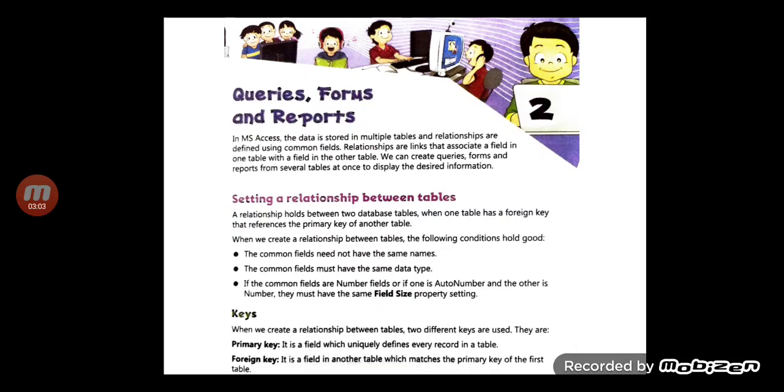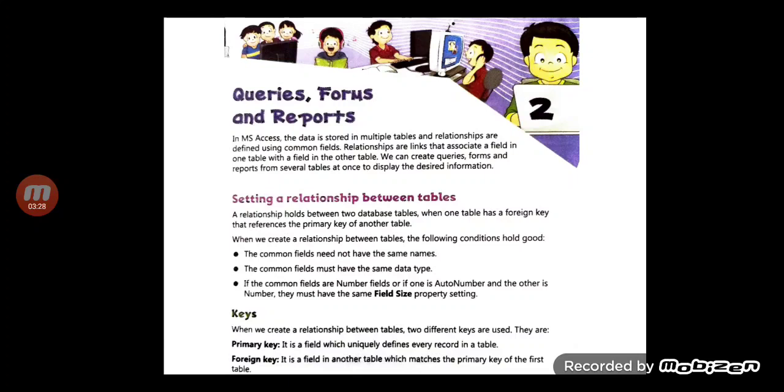Let us see setting a relationship between tables. Now what do you mean by setting a relationship between tables? A relationship holds between two database tables when one table has a foreign key that references the primary key of another table. Now this foreign key may be a new word for you all. What is a foreign key?